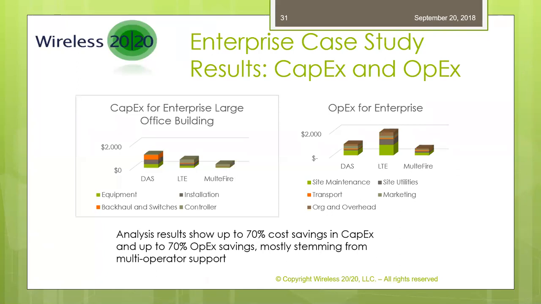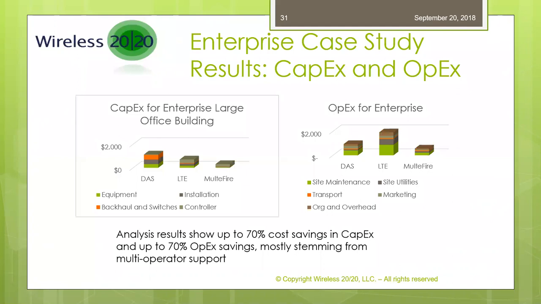And again, the primary difference there being that we only have to deploy one set of MulteFire small cells to be able to support all of the operators. Again, a very efficient Capex deployment. And even looking at it from the standpoint of the mobile operators, it's a great advantage to them to be able to share the cost of that network instead of deploying their own network, even if a building owner would allow each of the 4 operators to deploy their own network, which most building operators don't want to allow them to do.